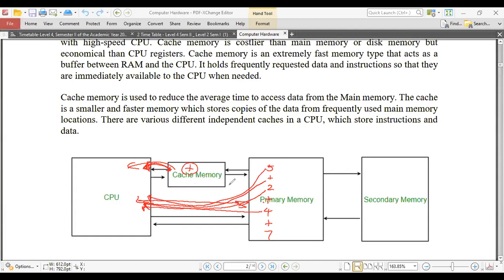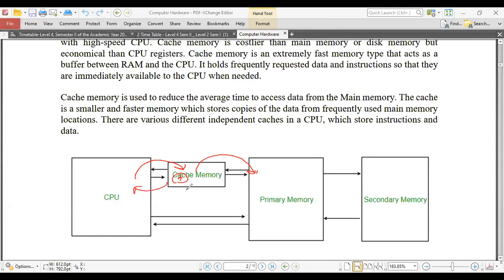So now you can understand that the main purpose of this primary cache memory is to hold frequently used instructions and send them to the CPU at a higher speed. So normally, when the CPU is going to process, it will search for its instruction in the RAM. Before that, it will check the cache. If the instruction is not there, then it will check the primary memory. If it is found here, then it will be sent directly from the cache memory.